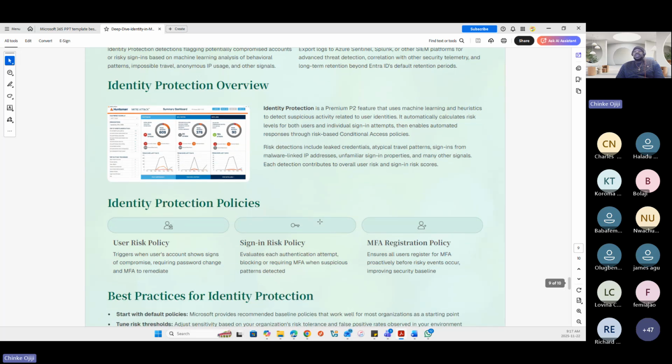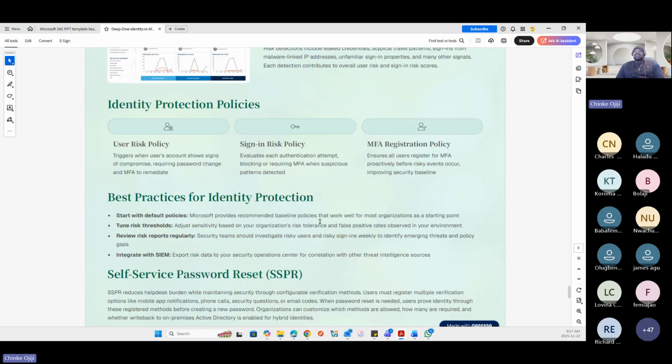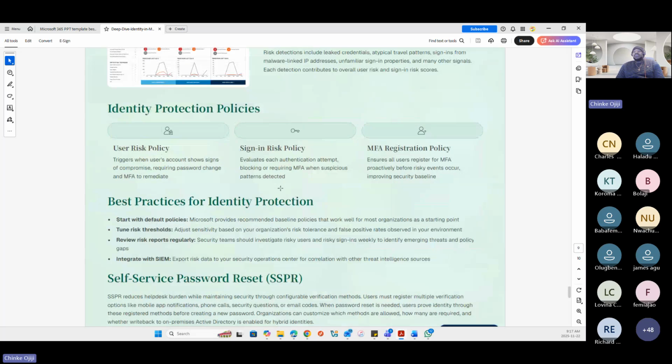Identity protection, we have discussed that in terms of basic practices for identity protection. I've shown you how to protect from compromised accounts, what steps to take and so on. And in terms of determining the risk threshold for the organization, it differs for different organizations.